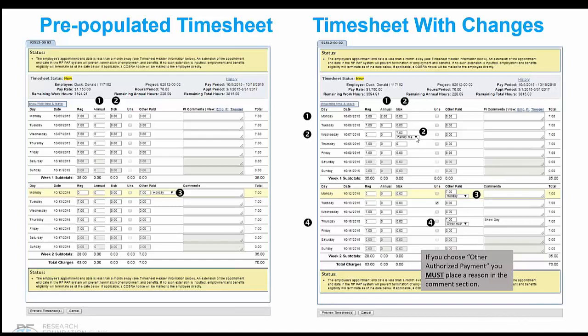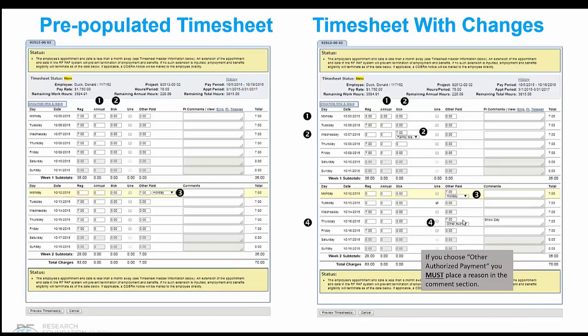Remember, an employee has 40 hours per calendar year of their own sick leave balances to care for a family member. The following Monday, bullet 3, was a holiday, and the timesheet will be already pre-populated as a holiday, so no further action will be needed. On that Thursday, bullet 4, both school and the campus and the RF Central office were closed due to a snowstorm. The regular pre-populated 7 hours needs to be changed to 0, and the 7 hours need to be charged to the other paid box.